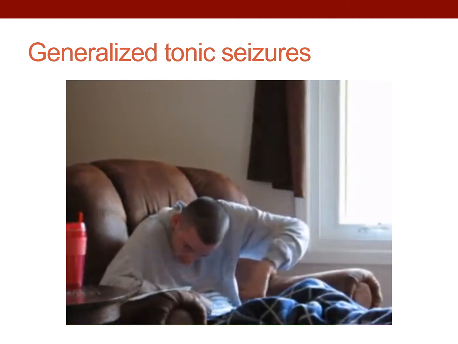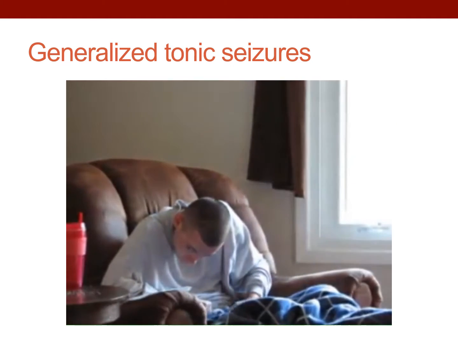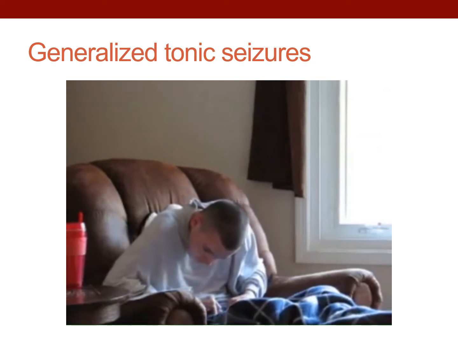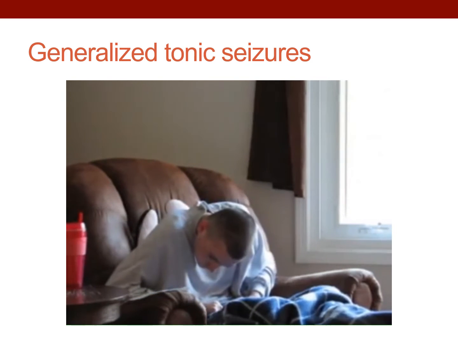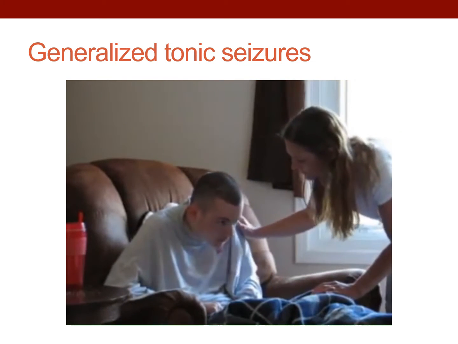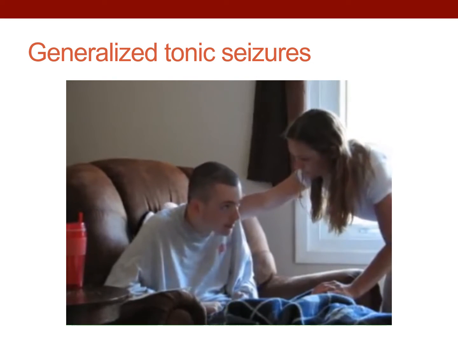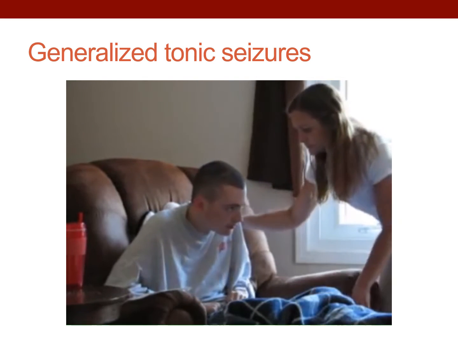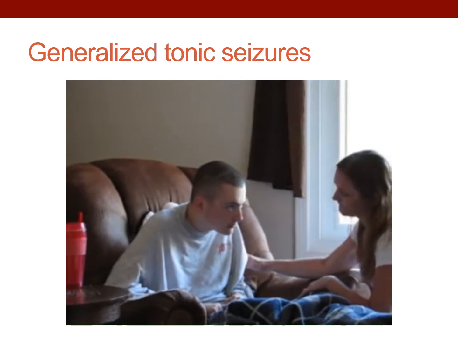Now, this seizure is fading, and you find that the boy does not get back to himself for a while. It will take time, and that's again one of the criteria for epileptic seizure: they do not end immediately. They will take time until they go away. So now you understand what's meant by generalized tonic seizures.